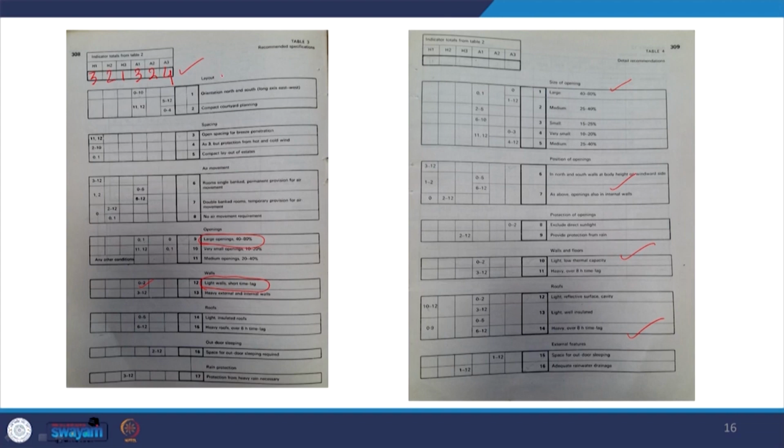They are talking about layout, the spacing between the buildings, air movement, openings, walls, roofs, outdoor sleeping, whether it is advisable or not, protection against rain, the size of opening, position of openings, protection of openings, walls and floors, what should be the thermal capacity of walls and floors, the roofs, what kind of reflective surfaces should there be,